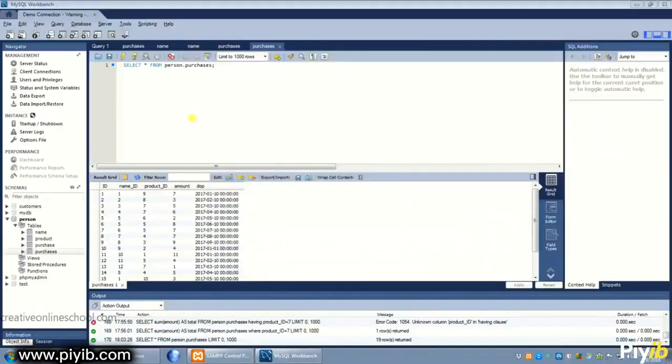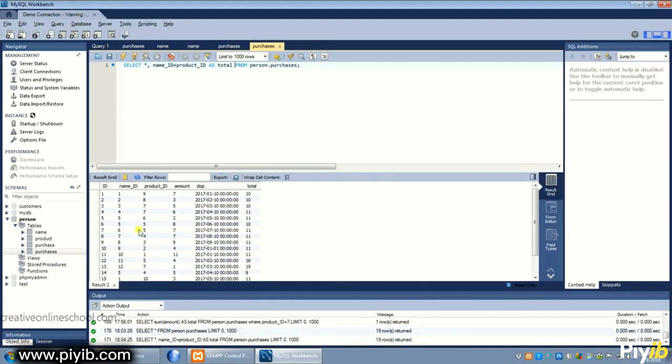Let's pick up where we left off. We're going to talk about using some of those custom things we were making to further restrict our searches. Let's start with something simple. Name underscore ID plus product underscore ID. And we'll go ahead and also select star so that we can see the data. And we'll name this total just so that we can refer to it a little bit more easily. When we run this, we see our data, but we also see a total, which is product ID plus name